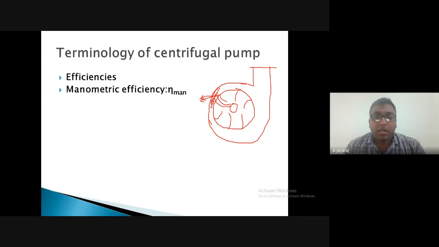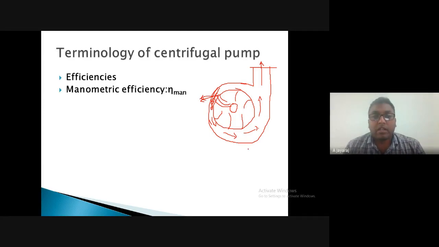The water continuously coming out from the impeller reaches the casing, and finally the pressure of the water gets increased by this volute casing. All the velocity energy is converted into pressure energy and leaves the pump into the delivery line at higher pressure. So this was the fundamental concept behind the centrifugal pump,